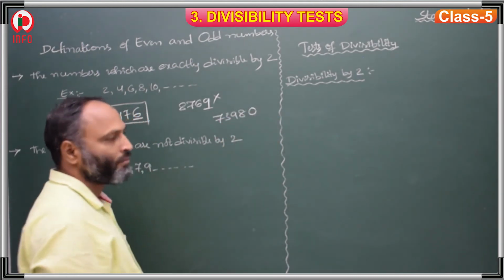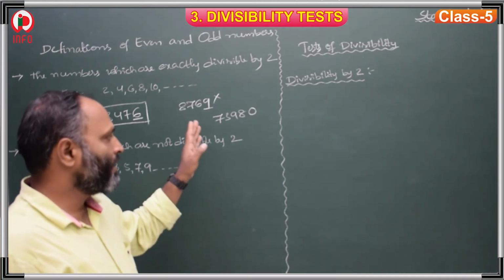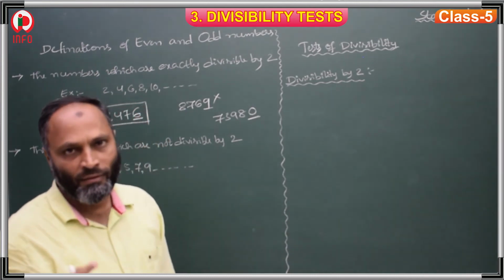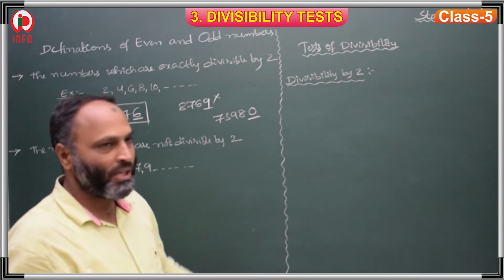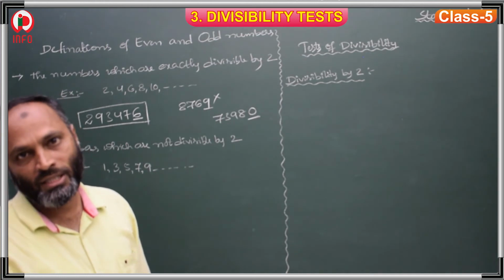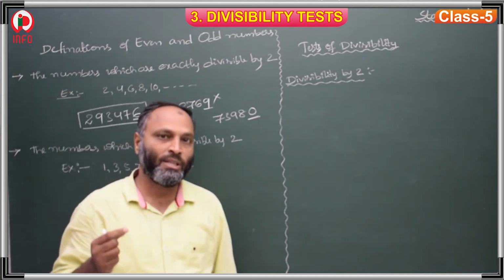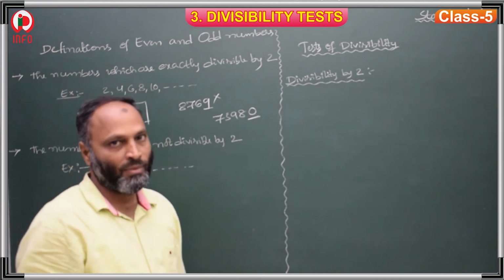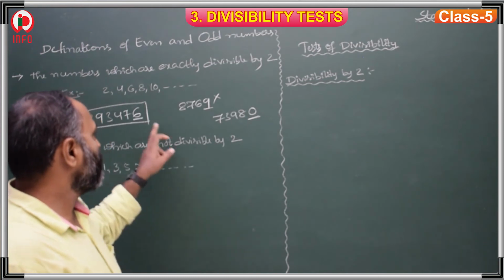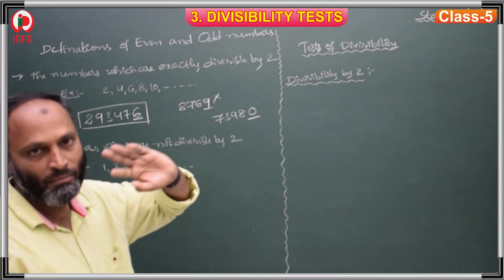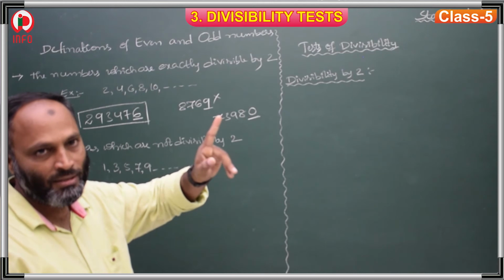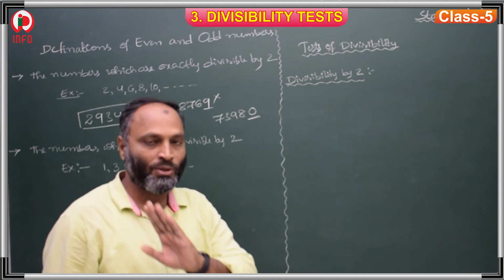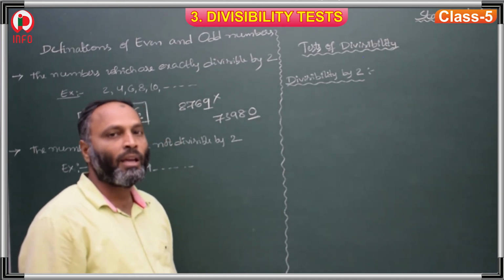73980. If I ask what is this, is this number even or odd? This number is an even number. Why? Because in the ones place 0 is there. 0 is an even number. Why? Because 2 zeros are 0. 0 is there in the 2 table. So if 0 comes, then that is an even number. Whatever the number is, we have to check the ones place. If an even number is there in the ones place, then the number is even. Otherwise it is not an even number.